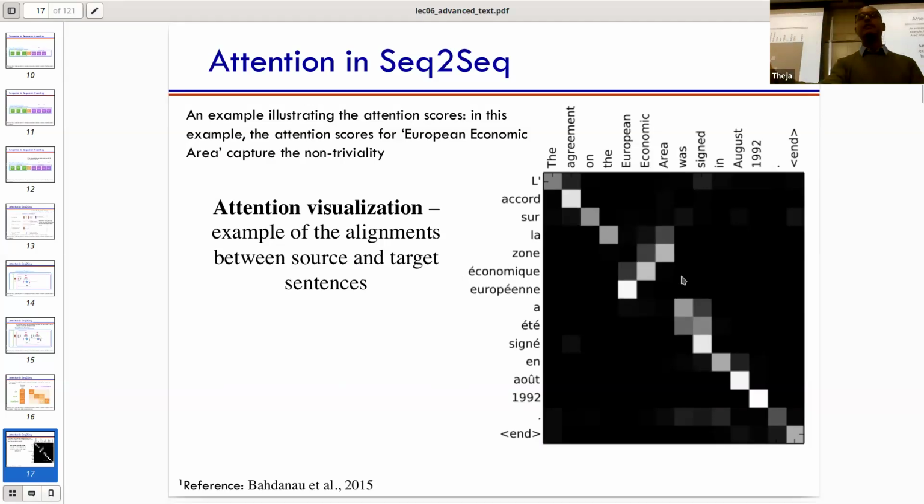you might have to attend in a different way. For example, in this French sentence, while decoding the word European, we actually did not attend to the zone word. We knew we had to attend to the appropriate word to decode this one as European. So what I'm trying to say is that you don't have to have attention weights peaking at the diagonal or near diagonal area. First of all, this doesn't even have to be a square. The number of tokens in the rows is not the same as the number of tokens in the columns. If you think of a rectangular matrix, all I'm saying is you don't have to have attention progressing in a linear fashion.